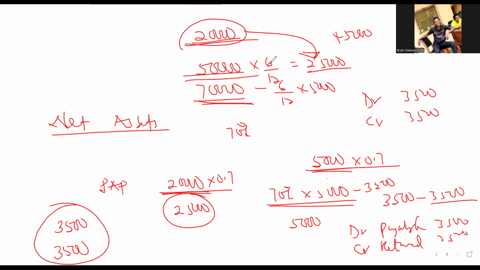But if it is statement of profit or loss, and the parent is showing the 3,500 as investment income in statement of profit or loss, that will not go there. This will be treated in statement of changes in equity. So you have to go and remove the share of the dividend from the investment income. The share of the subsidiary dividends which the parent is receiving is a statement of changes in equity item, not a statement of profit or loss item.